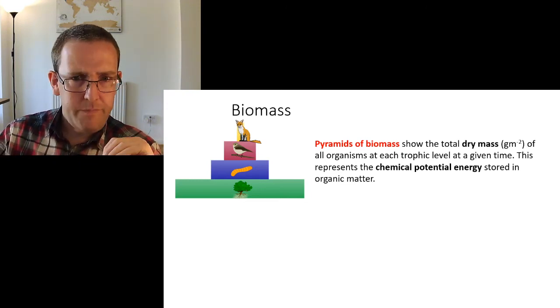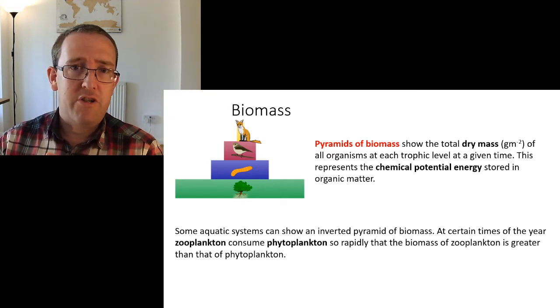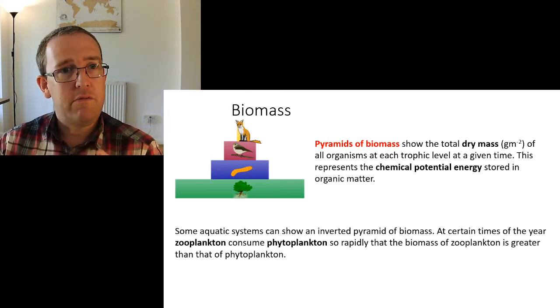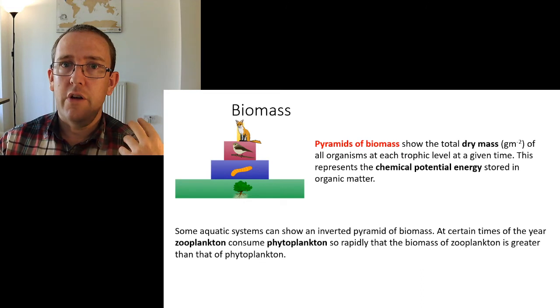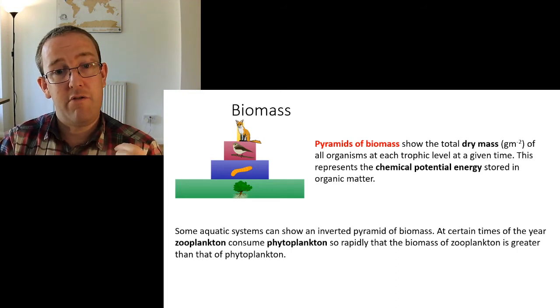Okay, right, moving on then. Now, as you may remember, a GCSE question that you might have done as a practice question showed this. It was like the A-star, grade 9 question, which showed an inverted pyramid of biomass. And this is an examiner's favourite trick, because when you look at aquatic environments, you get this ebb and flow, this rise and fall of biomass throughout the year.